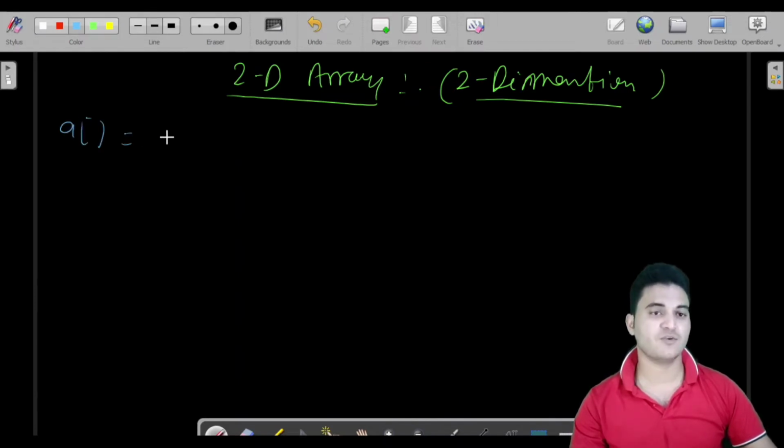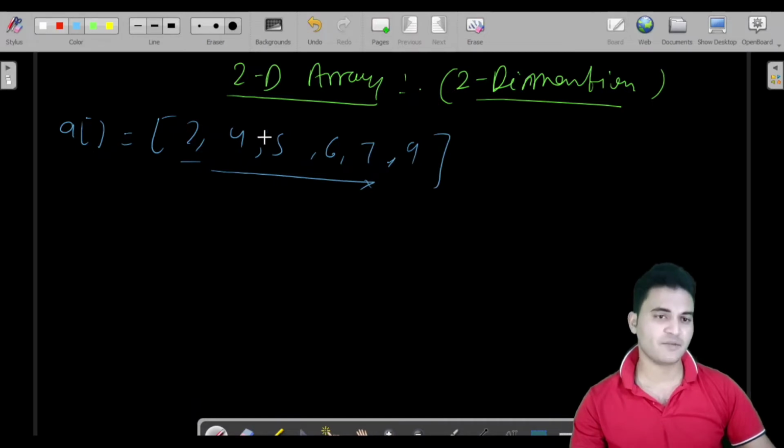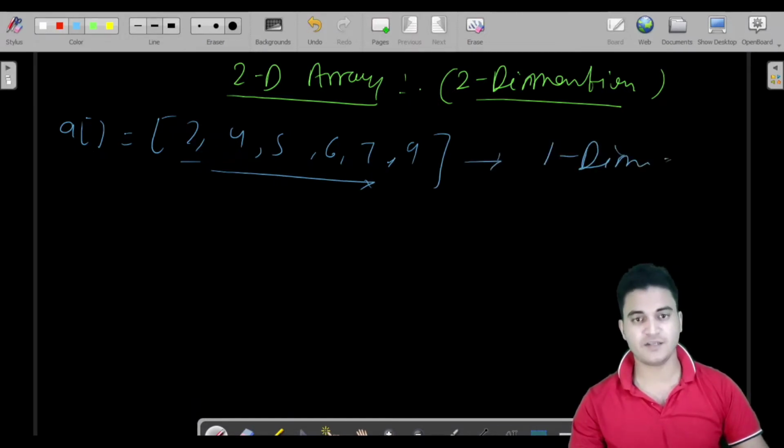our previous problems, we were solving the problems related to arrays. So the array was in this linear format, 5, 6, 7, and 9, one after another. Fine. So that means it was a 1D array, it is only in one dimension. It is only in this axis. So this was in one dimension.